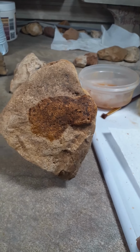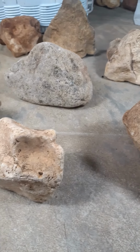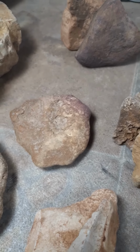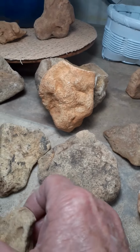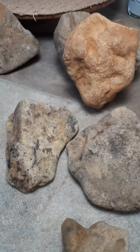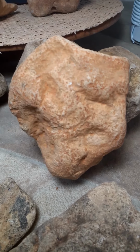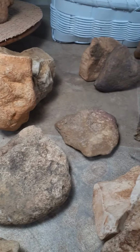But the shapes. Thunderbirds appear on that shape, sort of a 4 or 5-sided shape. Once you find a few, they will kind of stand out to you. The shape of the stone looks sort of like a bird in flight, 4 or 5 sides. And that's the shapes I usually find